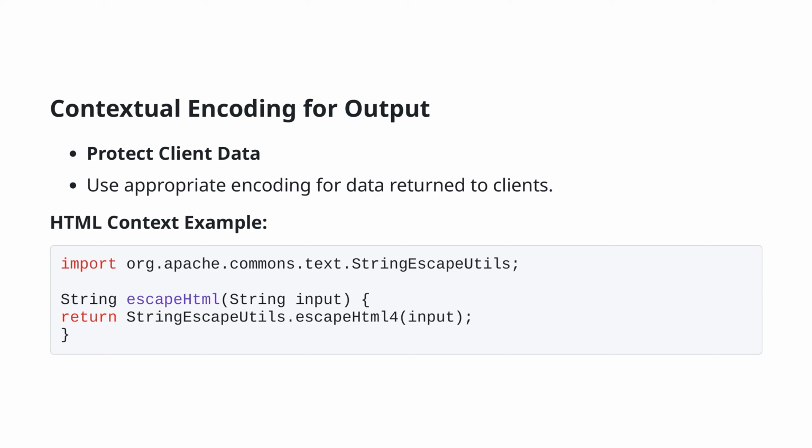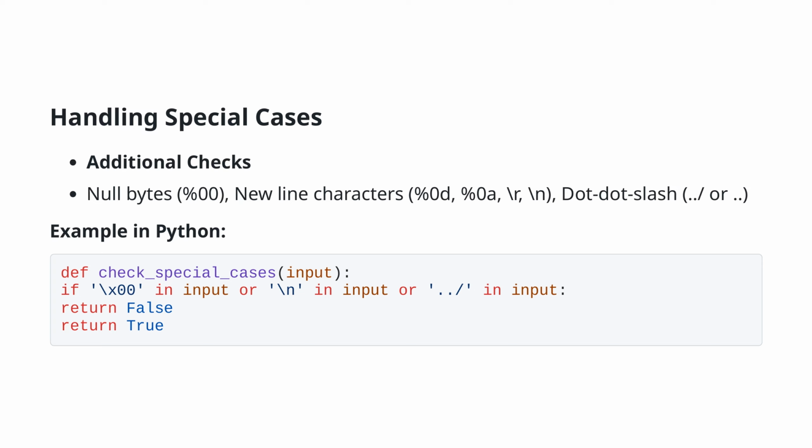Using methods like this is a best practice to secure user-provided data before displaying it in a web interface, thereby protecting your application and your users from various forms of injection attacks. When handling special cases in input data, it's essential to perform additional checks to ensure that your application remains secure. In this slide, we focus on specific characters and sequences that can potentially introduce vulnerabilities if not properly managed: null bytes, new line characters, and directory traversal sequences, like ../